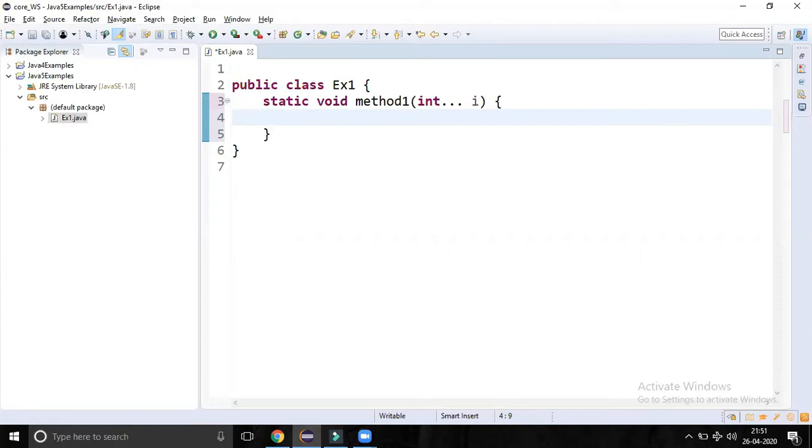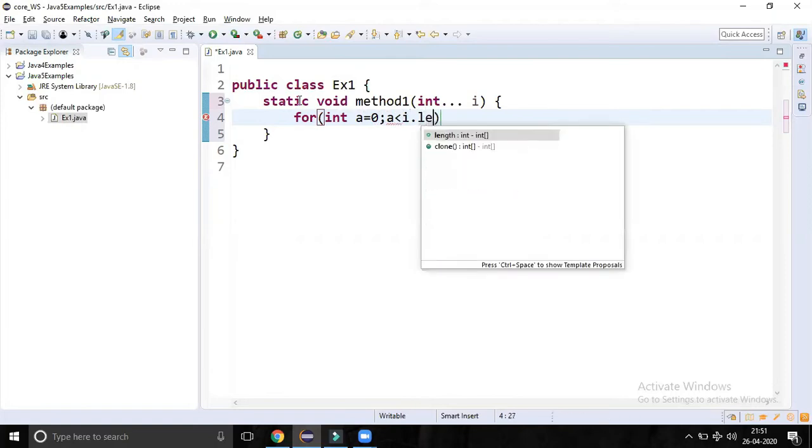So how do we retrieve the elements from an array? Using a for loop, I can retrieve the elements from variable arguments: for int a equal to 0, a less than i dot length, and a plus plus.